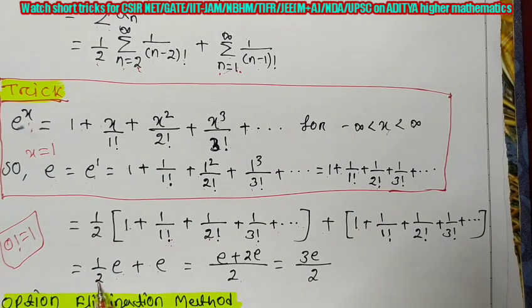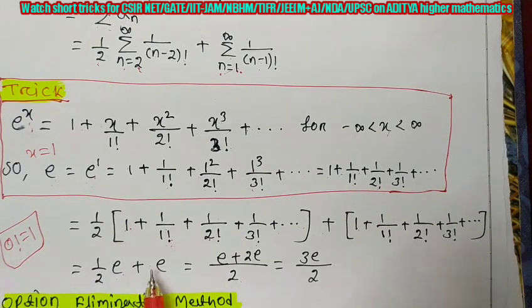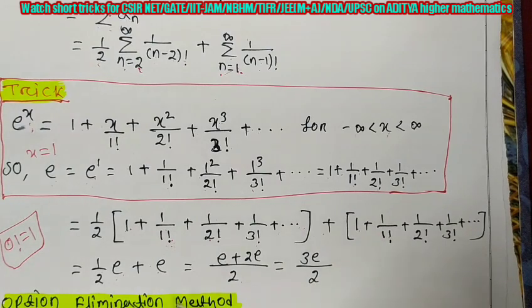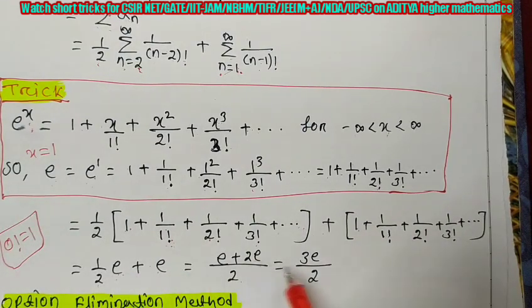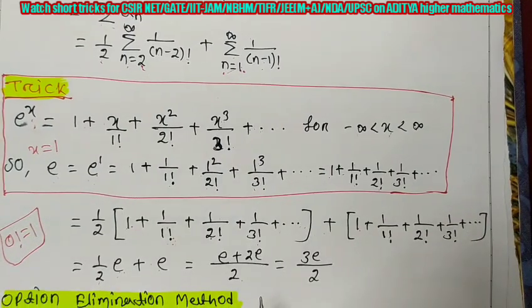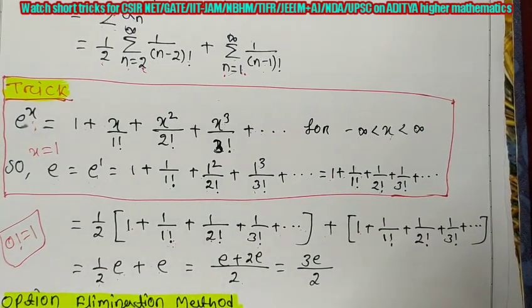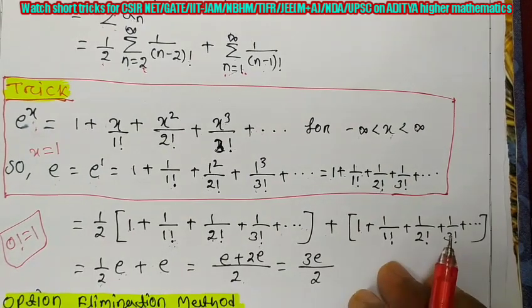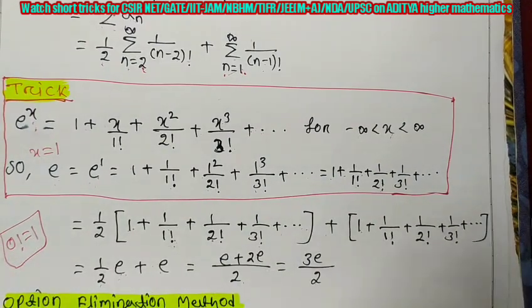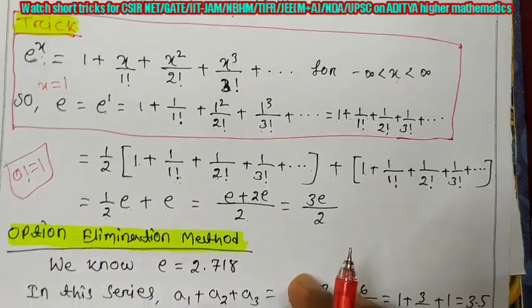So the first series we will get 1 by 2 into e, and the second one we will get is only e. So 1 by 2e plus e is, take LCM, 2e plus 2e, which is 3 by 2. So finally we got the value of the series as 3 by 2 using the direct method, which is too complicated. But the option elimination method